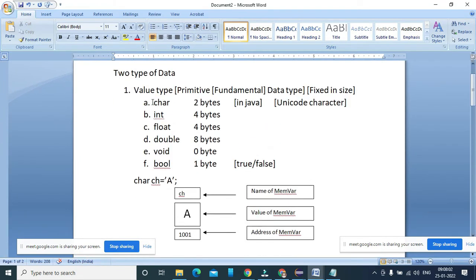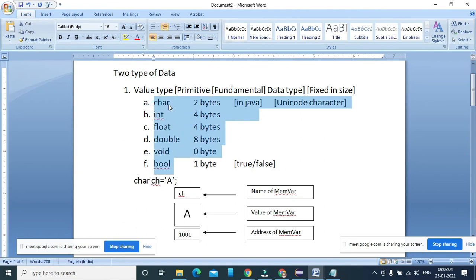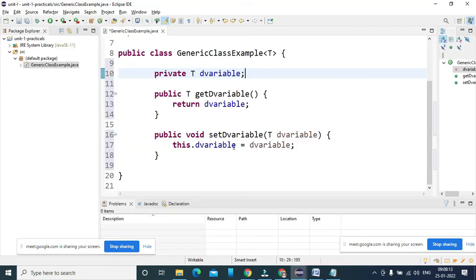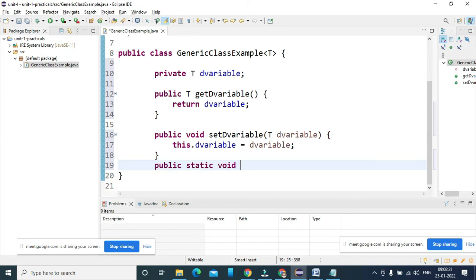So this class is applicable for all char, int, float, double and boolean kind, not void. Okay, क्योंकि void का size ही नहीं रहता. So now what I'm going to do here, I'm choosing public, okay, static void main and string arguments.